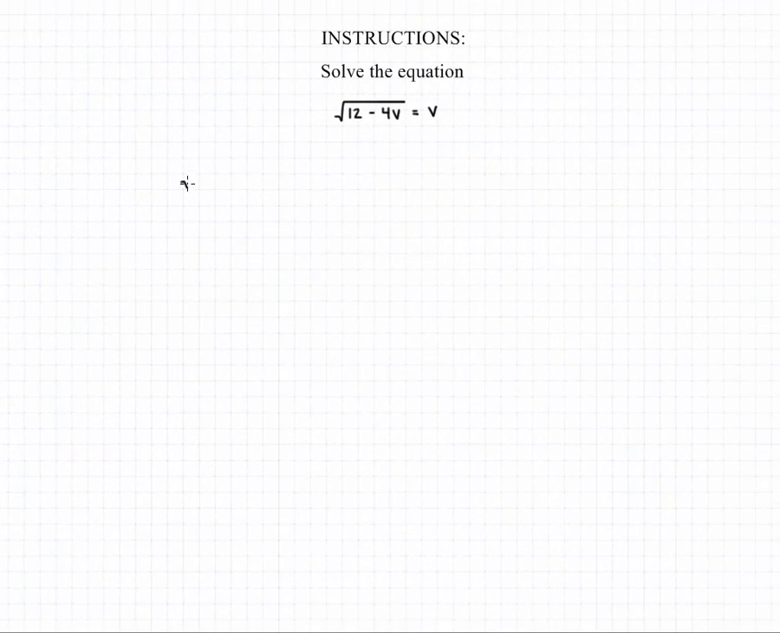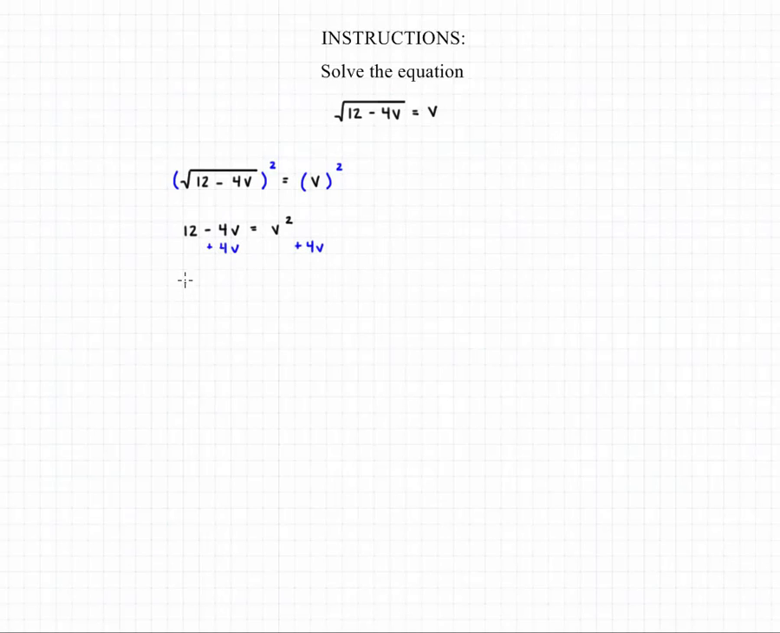In order to solve an equation where we have a variable inside a radical, we first need to isolate the radical. And because this equation is already set up that way, we can start out by squaring both sides of the equation. This is going to leave us with 12 minus 4v on one side and v squared on the other. We can then add 4v to both sides of the equation, which will leave us with 12 equals v